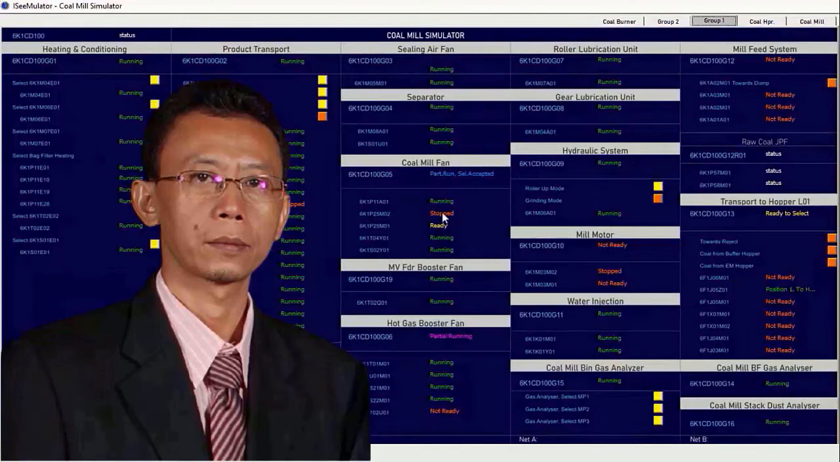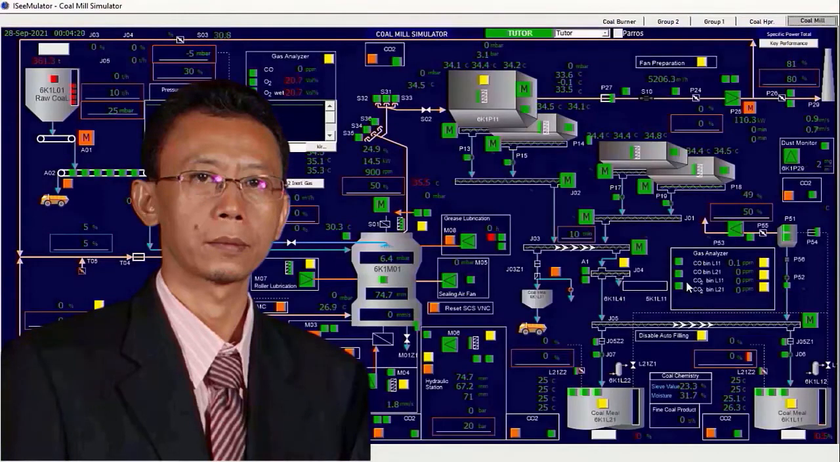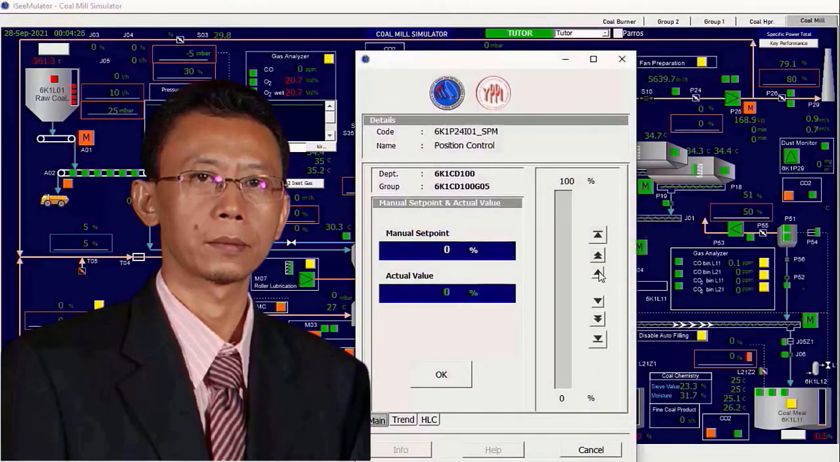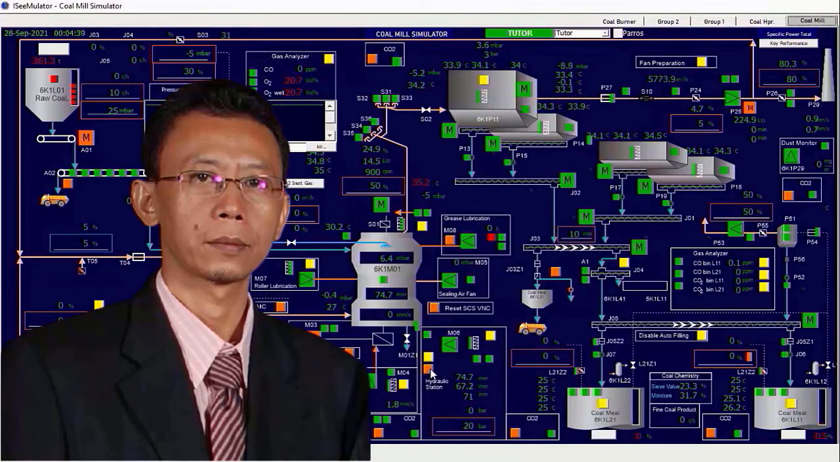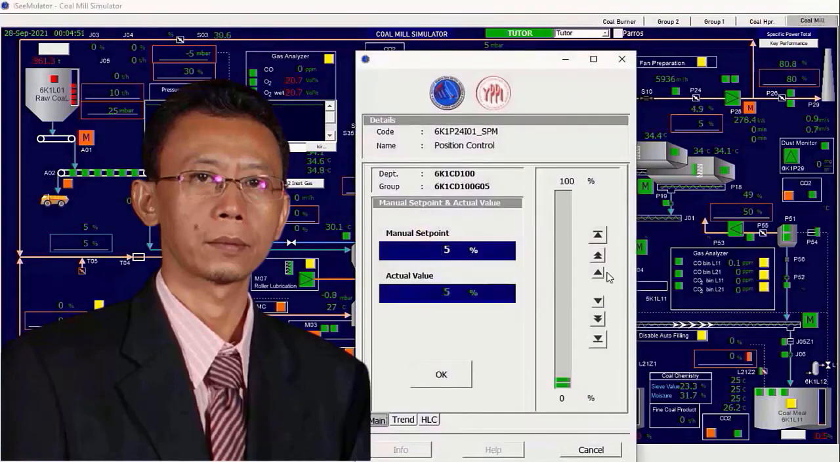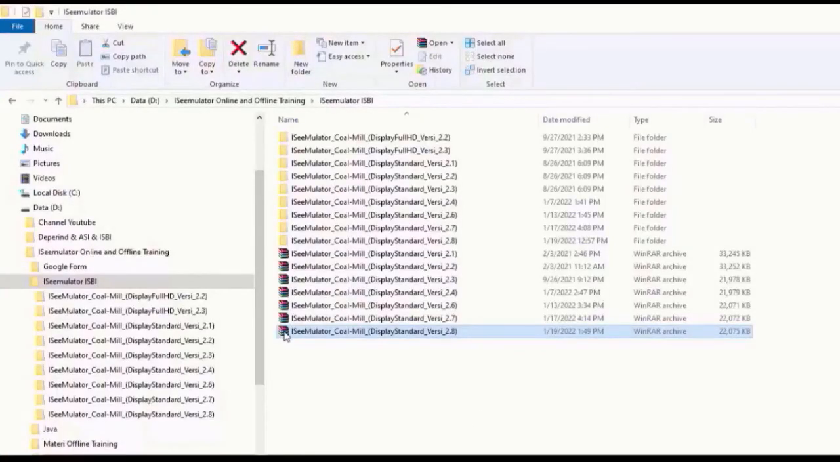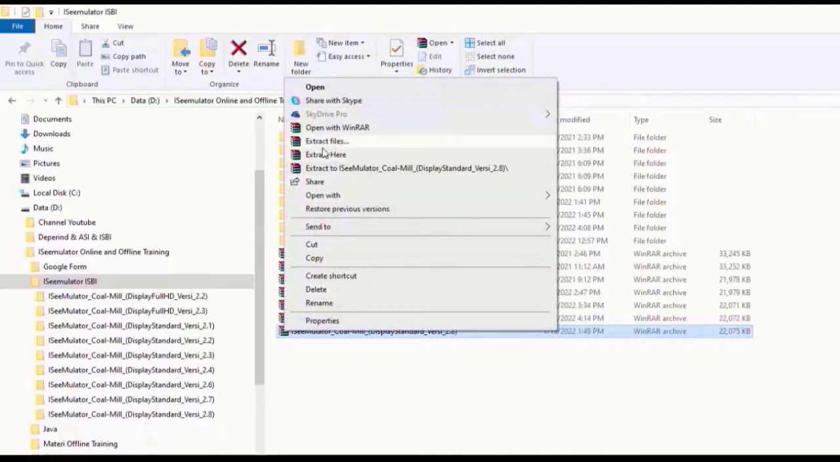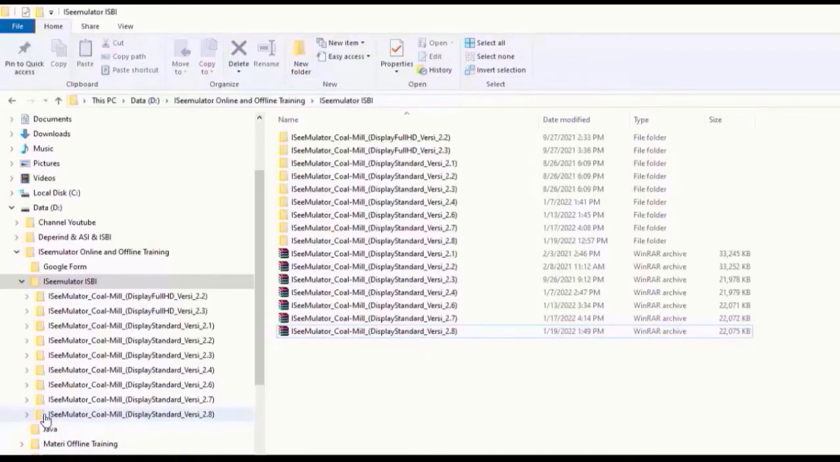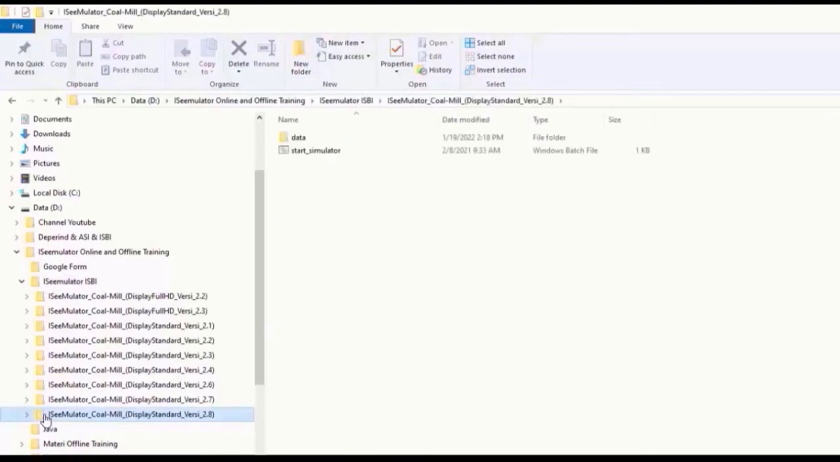On this occasion, we will explain how to use the ISeeMulator program, which we will use to operate the coal mill. We start now, to open the simulator program. First, you open the ISeeMulator program by extracting the simulator program file that the ISeeMulator admin has sent to you. After extracting the file, then you open the data file